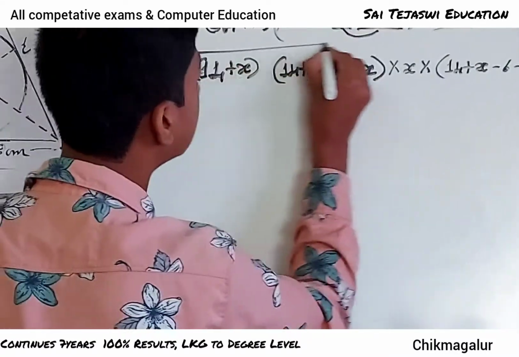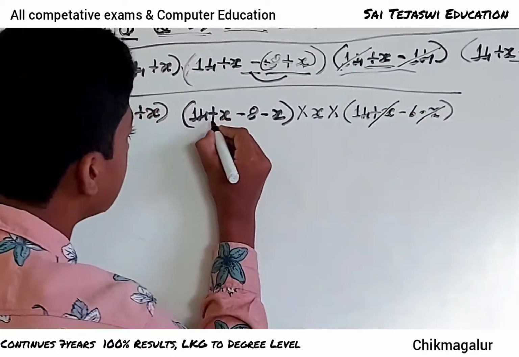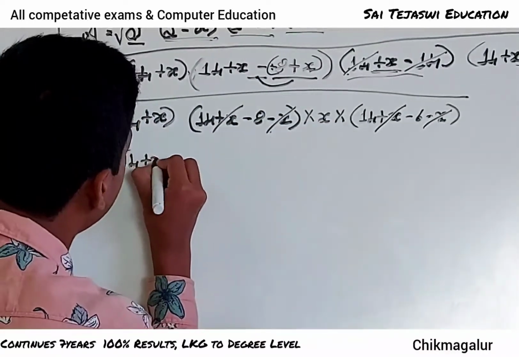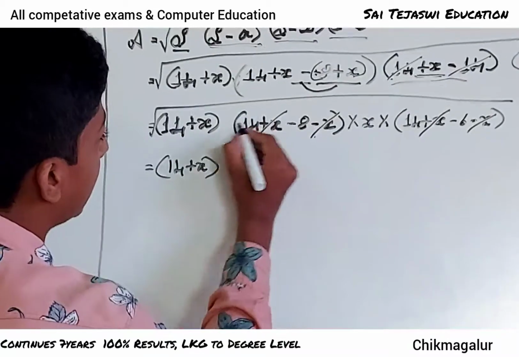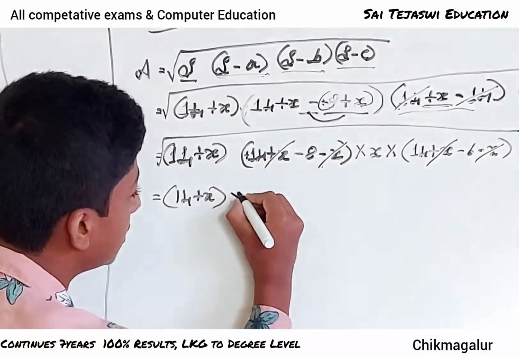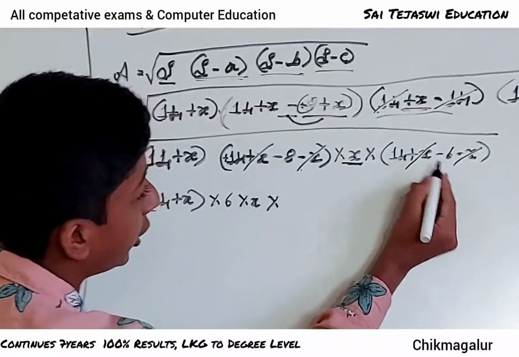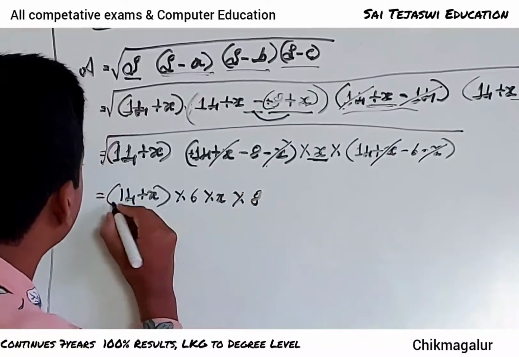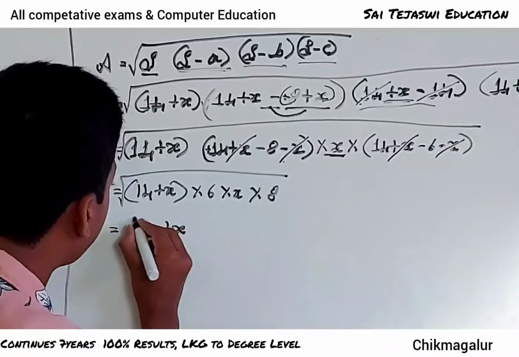which is square root. And here this is minus x, this is plus x. So we cancel this. And even here this is plus 6 and minus 6. So we cancel this. And remaining is 14 plus x into 14 minus 8. The smaller number sign is minus, so bigger number sign is plus. We will consider the bigger number sign. 14 minus 8 is 6, which is into 6, and here we have only x into 14 minus 6. Again bigger number sign is plus, so we consider 14 minus 6 is 8 plus 8 square root, which is equals to 14 plus x.